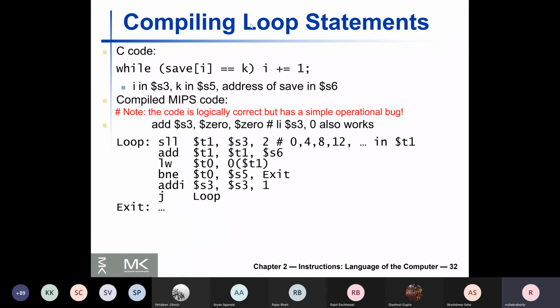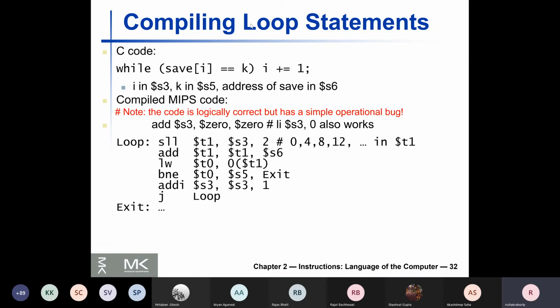Going over an array is a pointer arithmetic. The save[i], internally, doesn't have any special meaning.